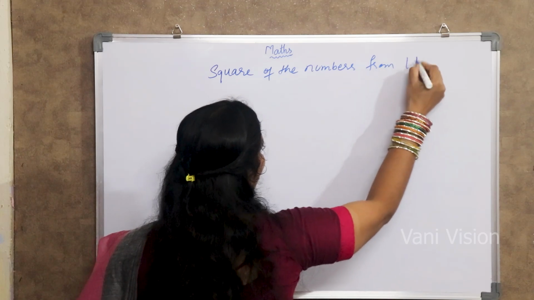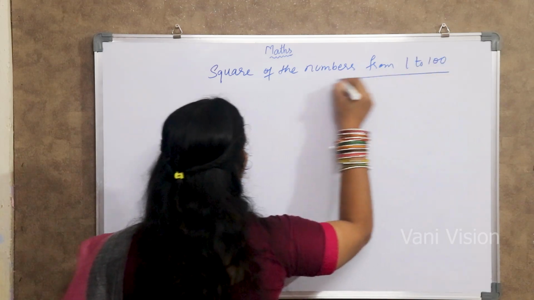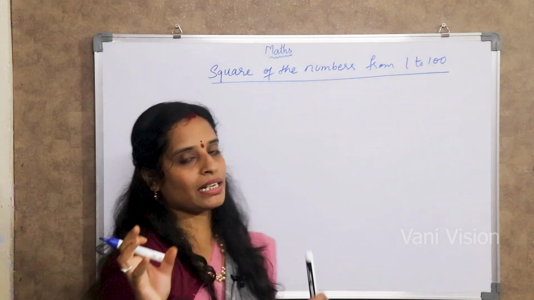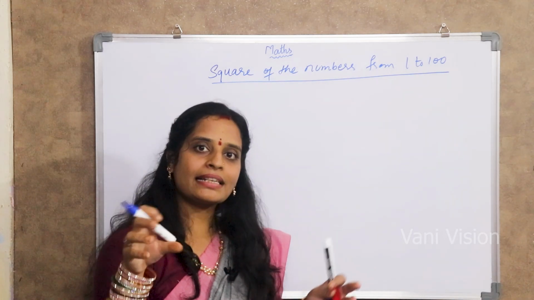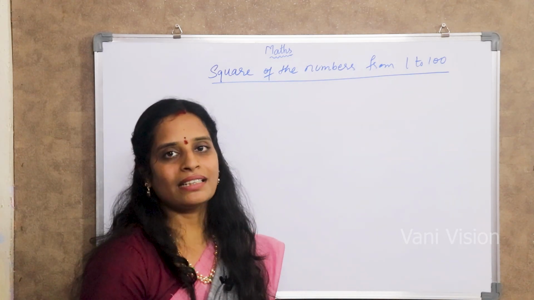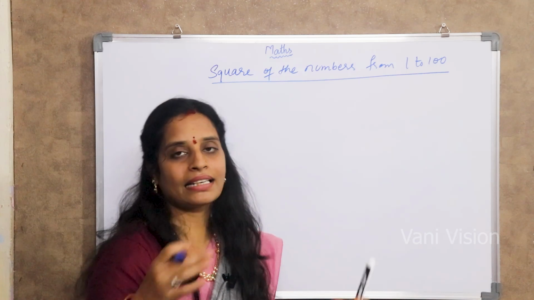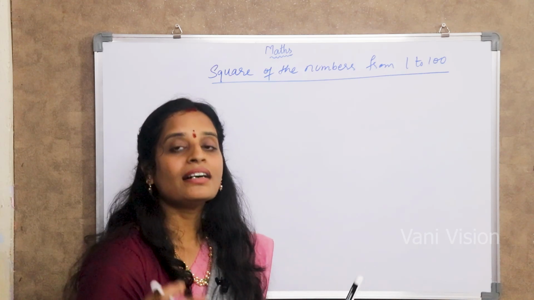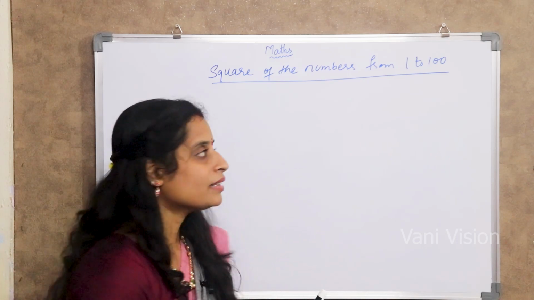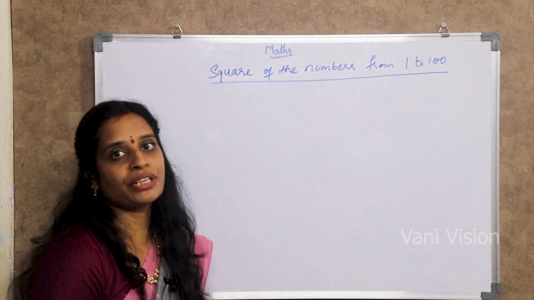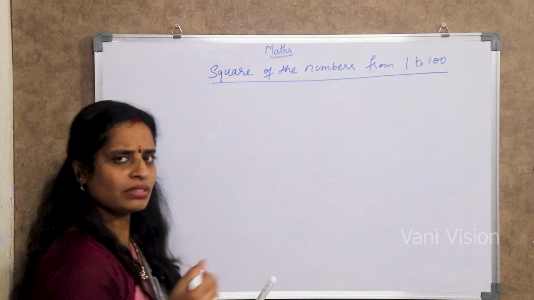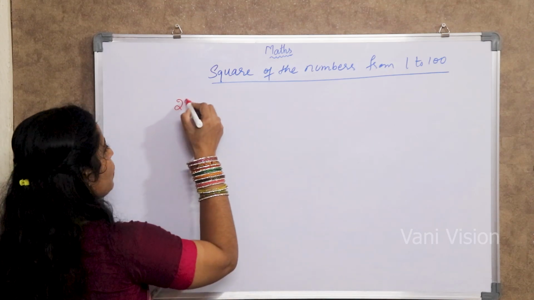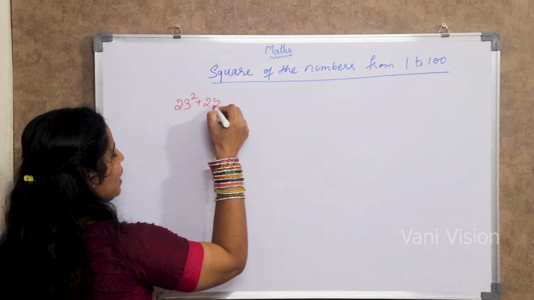from 1 to 100. I'm going to tell you a few examples over there, so you have to practice the rest. Clear? For 1 to 10, everyone will say, like 11, 12. You people can easily do it, right? So first we'll see the bigger numbers. Clear? Today one example we are going to discuss, that is 23 square plus 25 square.